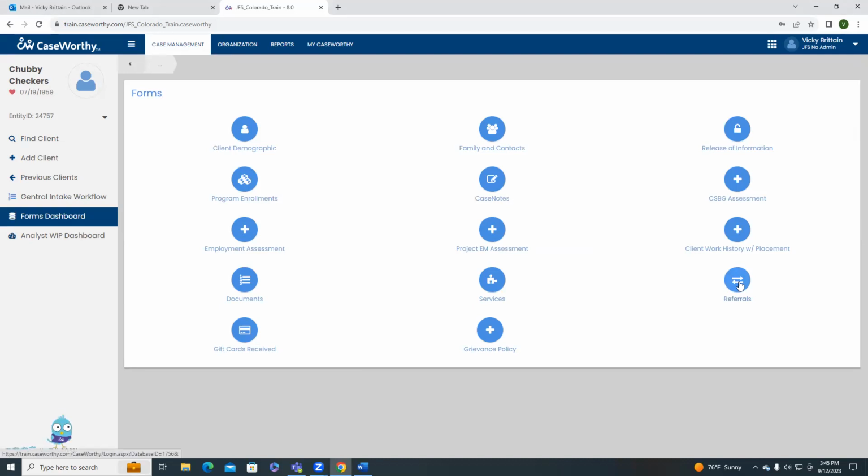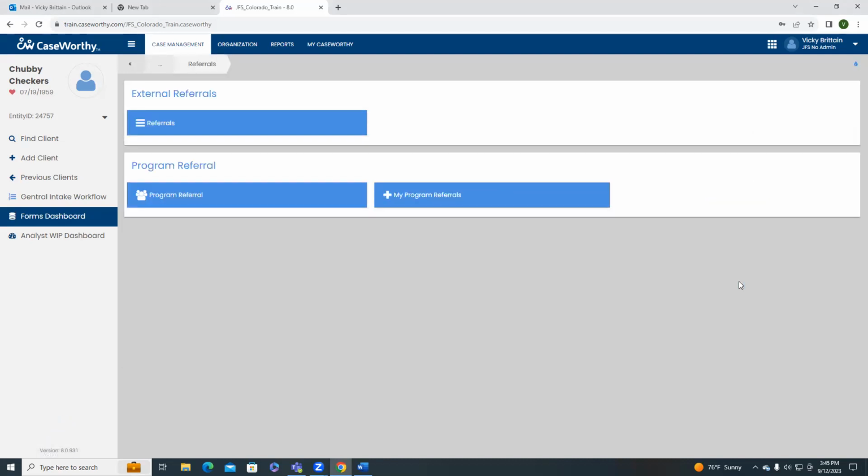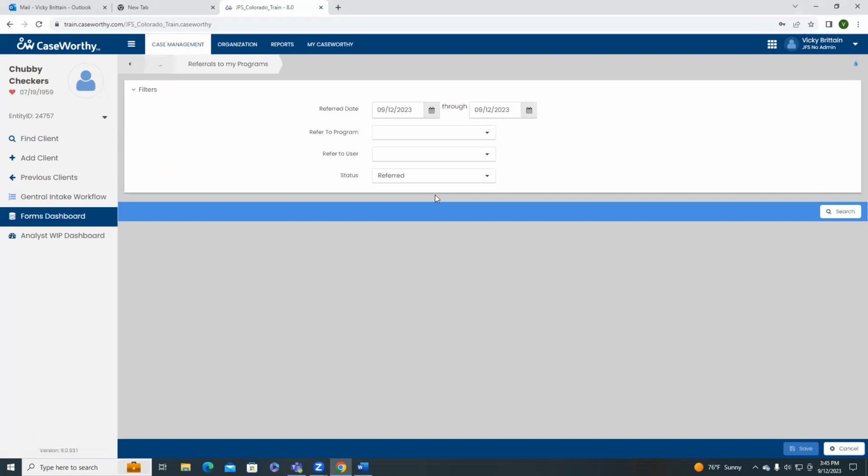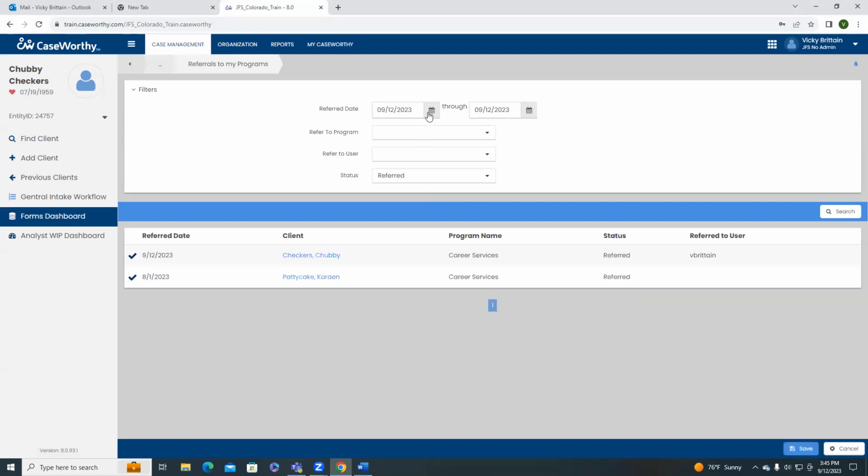Click referrals. And we're going to first look at the referrals to your programs. You can enter a date, so you capture all of those that have been referred since a certain date. You can see that Chubby and Karen have both been referred to career services. You can also see that Chubby was referred directly to me